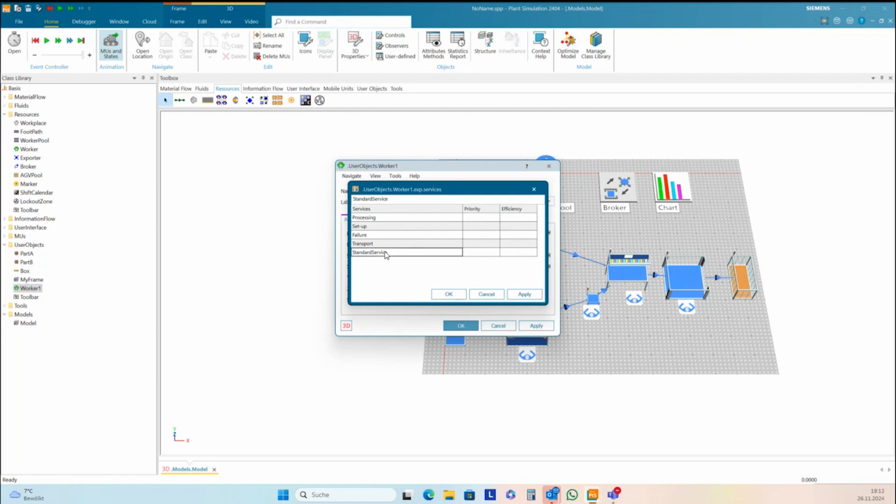Additional to these services, he should offer a service 1. And one service named T underline worker 1.